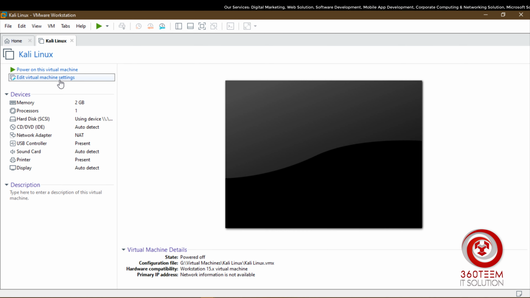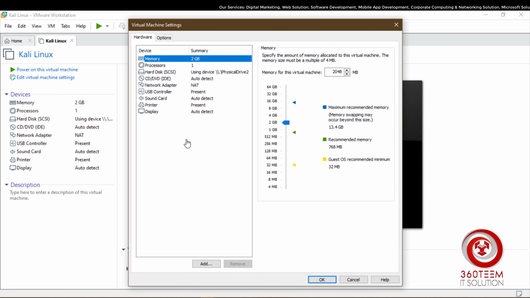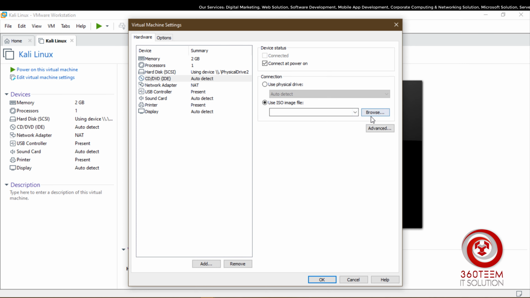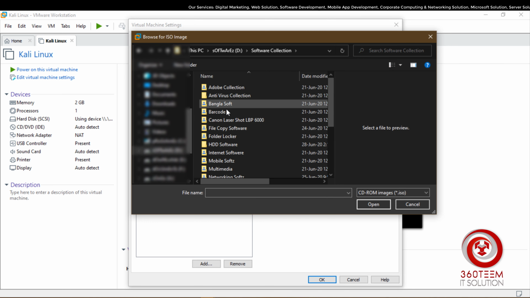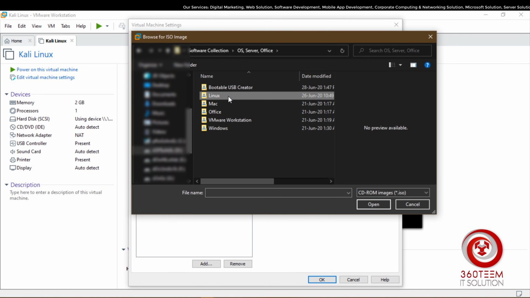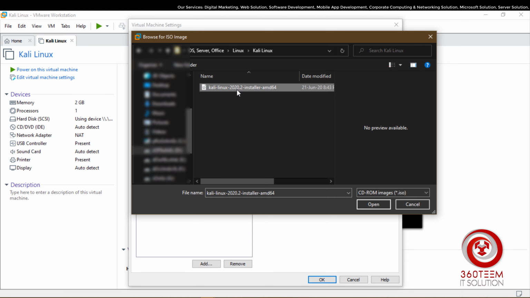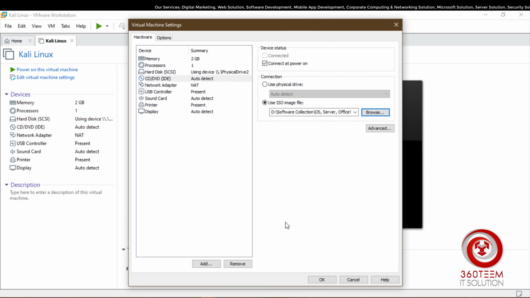Now I have to select the ISO image which I have already downloaded from the Kali Linux official website. The version is now 2020.2. This is the latest version.